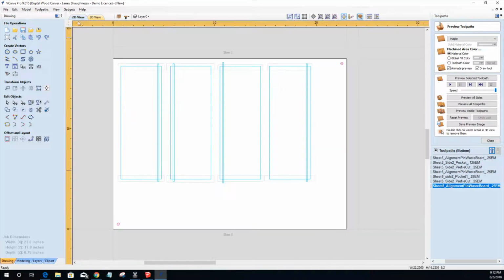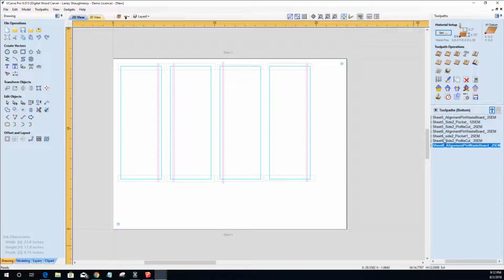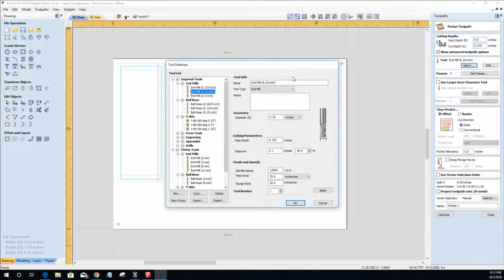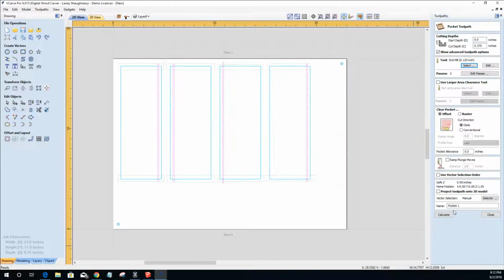All right, with that done, let's get our pocket cuts. This is an 1/8 inch end mill. It's going to be an 1/8 inch end mill. So this pocket cut is cutting 3/8 of an inch deep with an 1/8 inch end mill. And